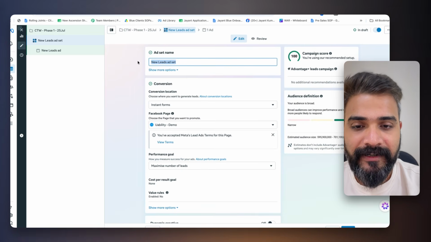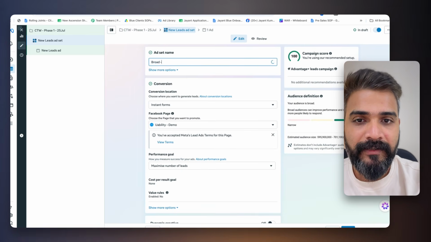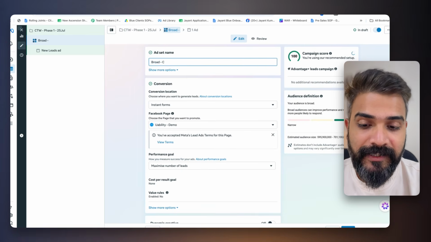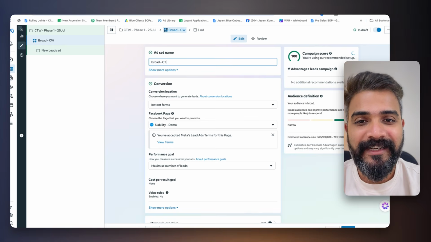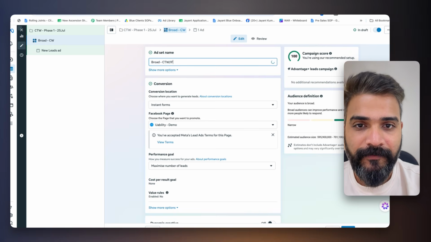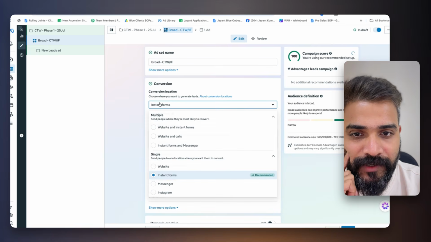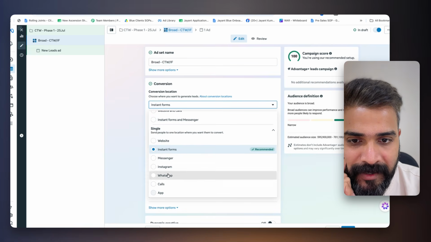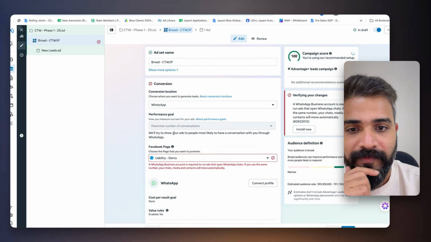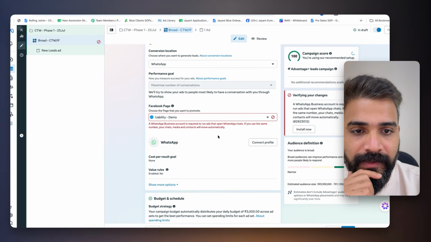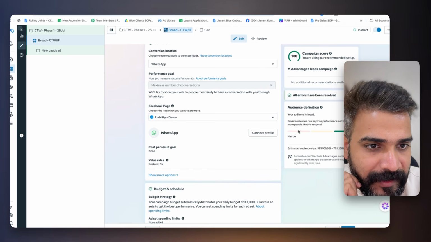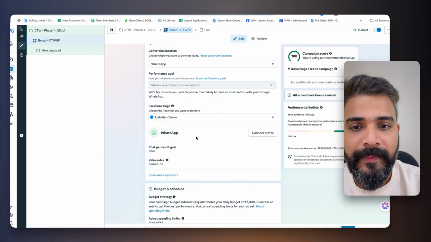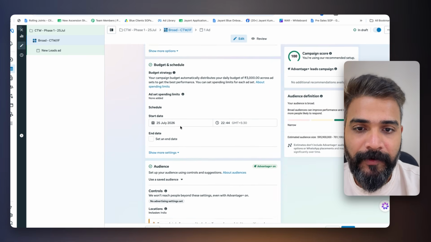In the ad set, call it broad, and we'll call it CTW. CTW and instant form, you need to kind of mix them together. For conversion location, you can use WhatsApp, and in another you can probably use instant form. Totally up to you. WhatsApp is okay. This is something that you are aiming for.